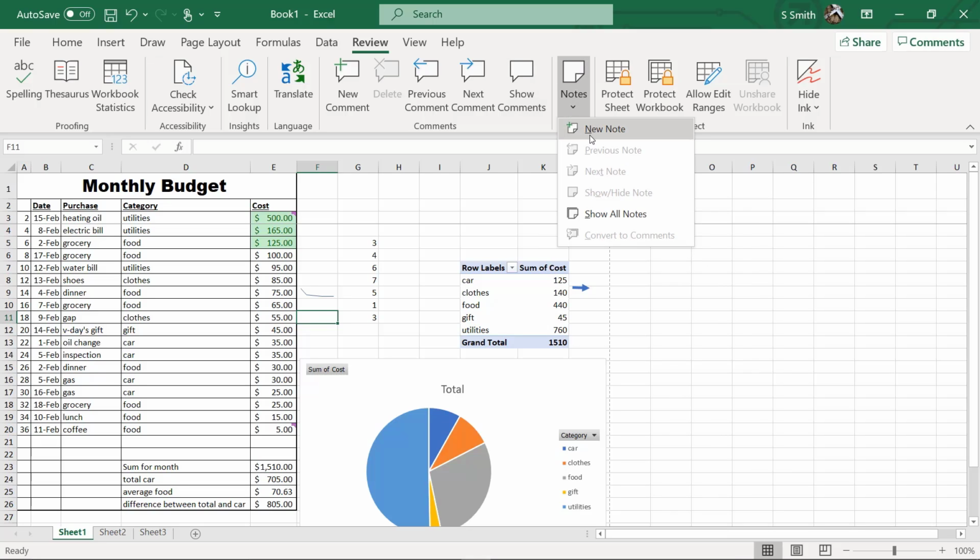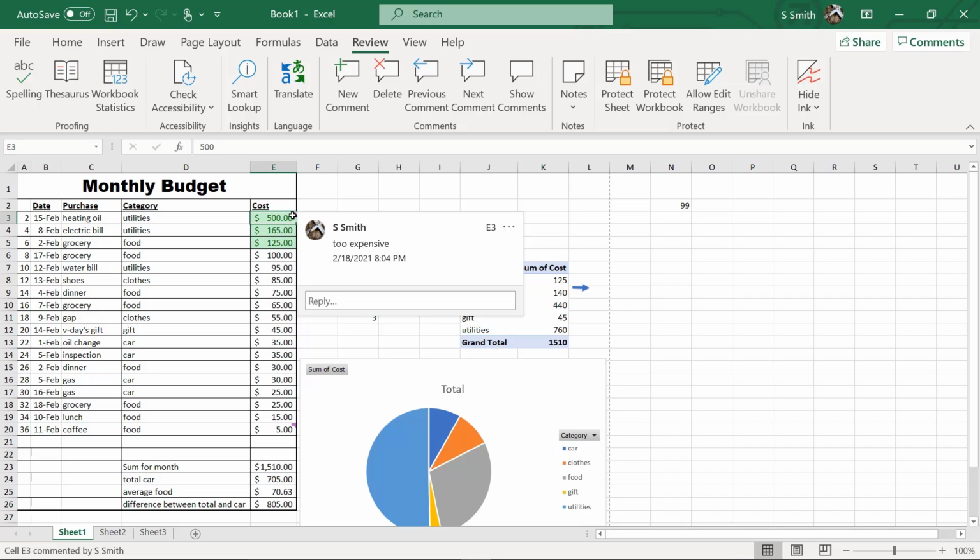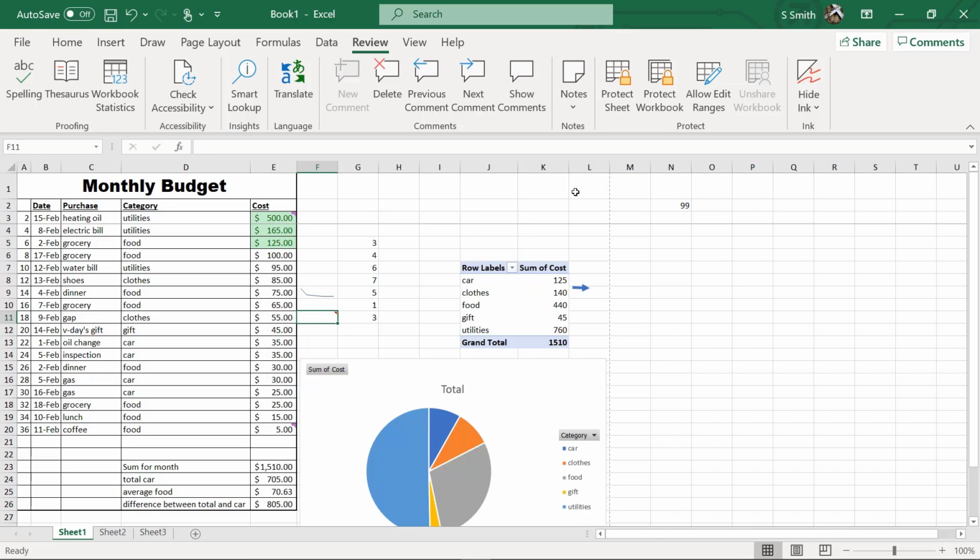I can also create notes for a spreadsheet. I just go to notes, new note. And right here, I can say, test this sheet, please. And once I have that, the note is in a cell for someone else to see. But notice it's a little bit different than the commenting, because this one is only red, and the comment up here is more like a purple, and it's more of a conversation. If I want to see all the notes on a page, I can click this down arrow and go to Show All Notes, and I can also click on the cell with the note and the down arrow, and hide the note.